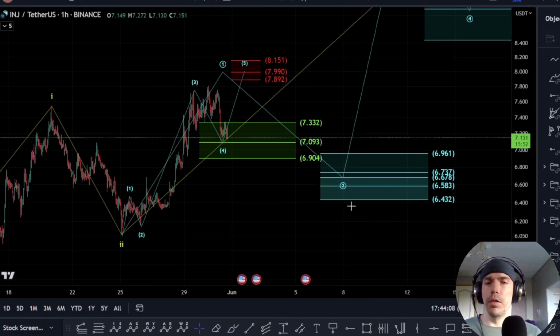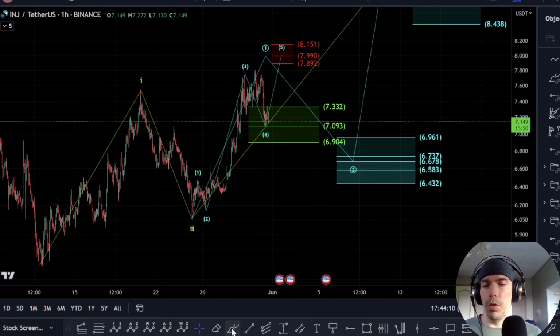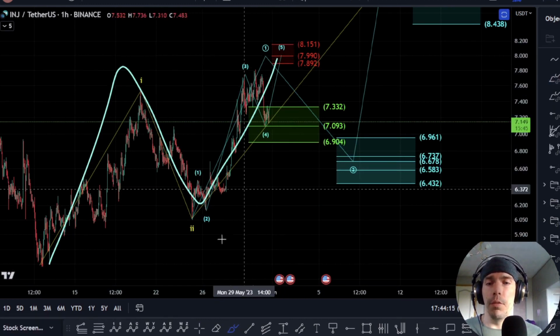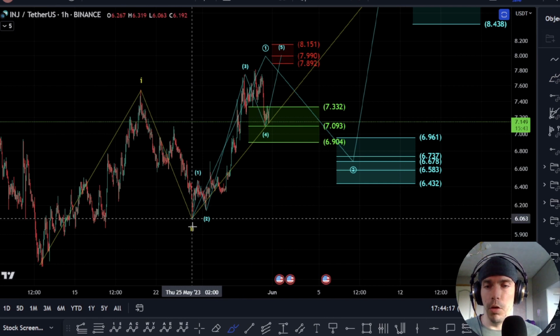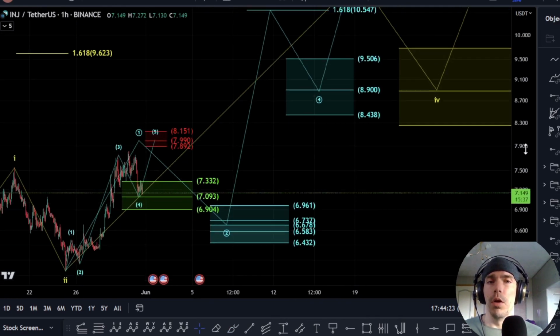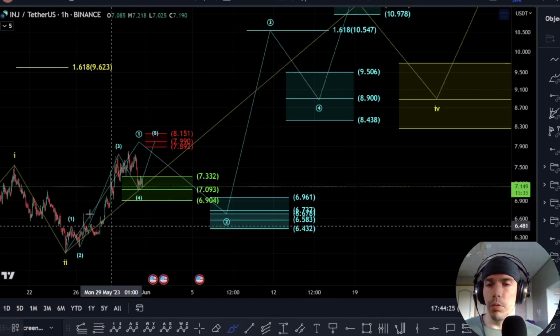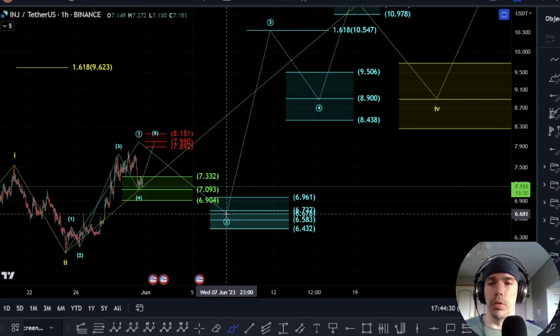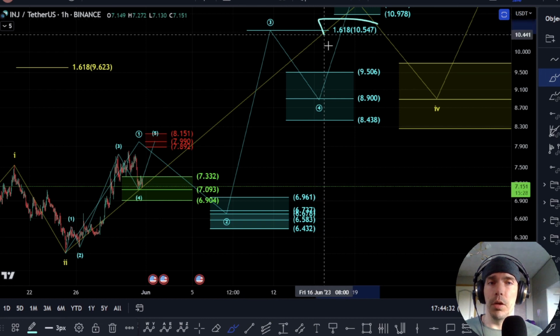The key thing here is because of the fact that we could also just count this as A, B, C, we need to be careful that if we fail to actually maintain this low here of the $6.06, this would invalidate the idea of looking to actually extend out. Now, what we'd be looking for within this count would actually be 1, 2, 1, 2, and then we'd be looking for this to actually build up here in this third wave, where we'd be looking for this target of